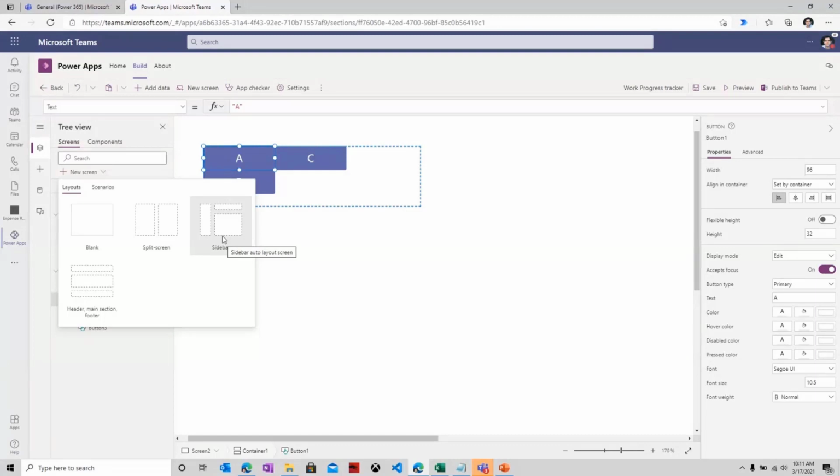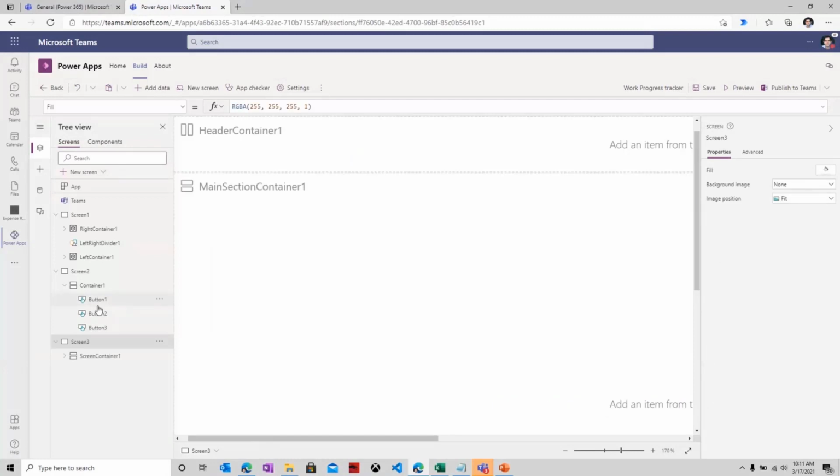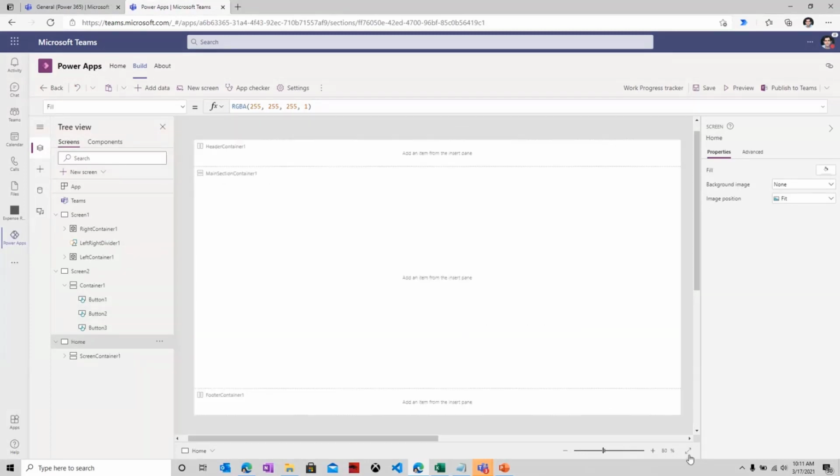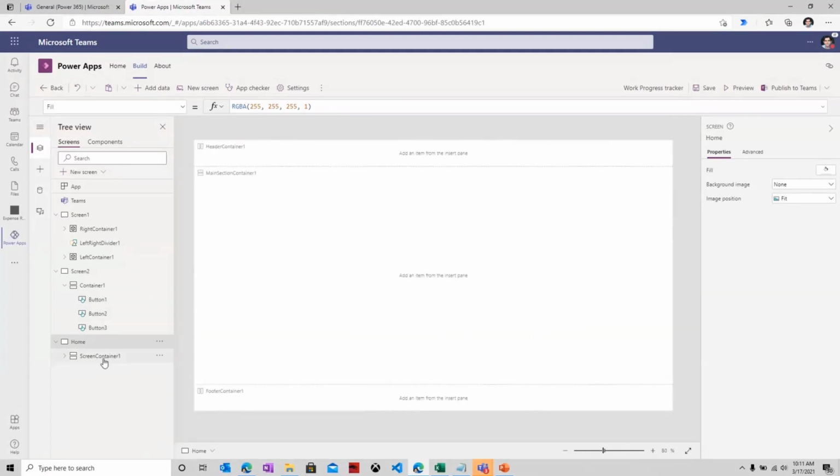Now in this demo, I'll build a full app in 5 minutes, hopefully. So let's begin with that. I'll pick one of the layouts, and honestly, I'm just picking it randomly right now. I'll pick this one, header, main section, and footer. The moment I pick this, let me rename this to home. So this is going to be my home screen. And as part of this screen, and let me try and center align this, I have those same responsive containers that are baked in right here as part of the template.